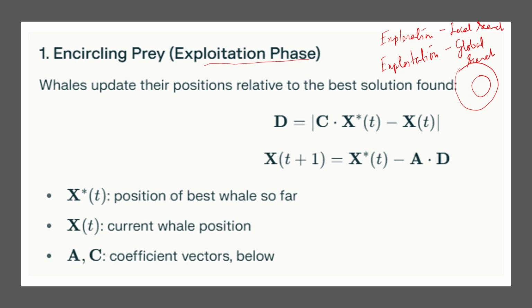So you forget about whale if you concentrate on the mathematical concerns. Then this X star T is the X for which the best Y has been generated. And this X is the current solution that you have generated in the present iteration. Clear? And this C is actually a coefficient vector that I will discuss in a later slide. So, and this D is actually referred to as the dist